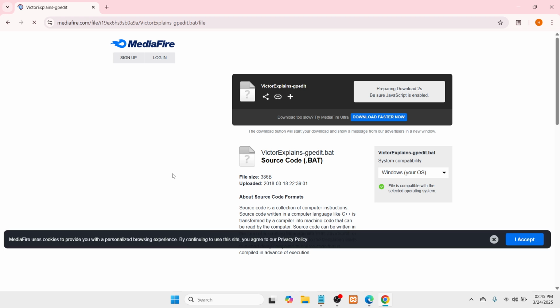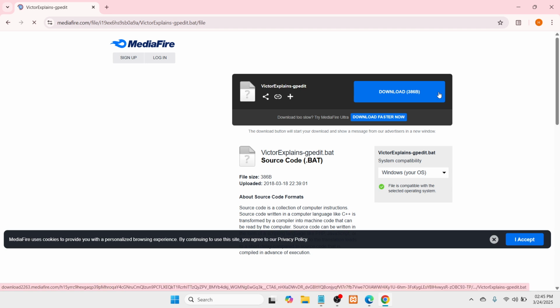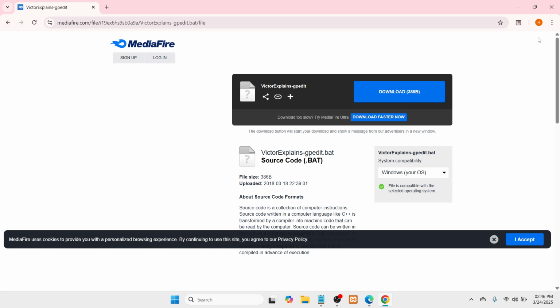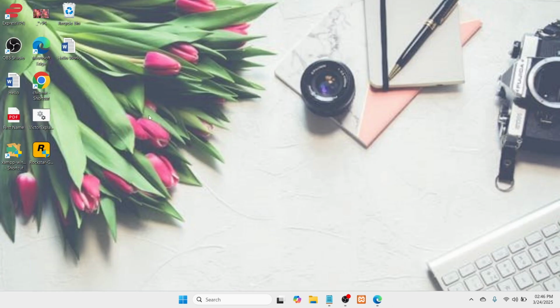So you would be able to see a MediaFire website where it has this attachment where you can download this gpedit.bat file. Now click on this download, and it will be automatically downloaded in our Windows. It will only take less than a minute to do so. Once it is downloaded, in my case I have already downloaded it, proceed by closing this browser window